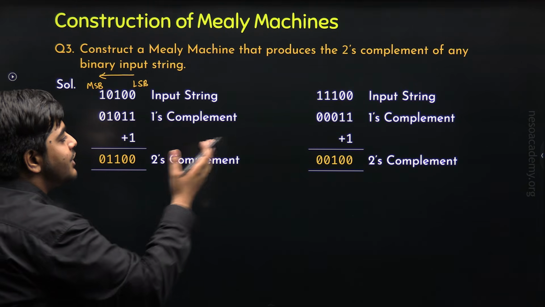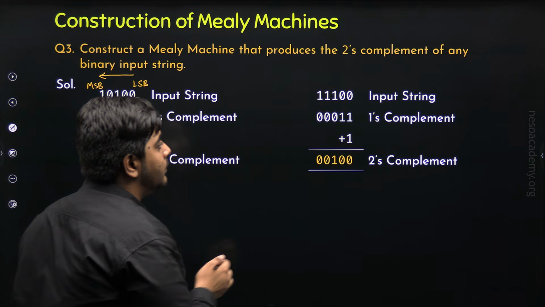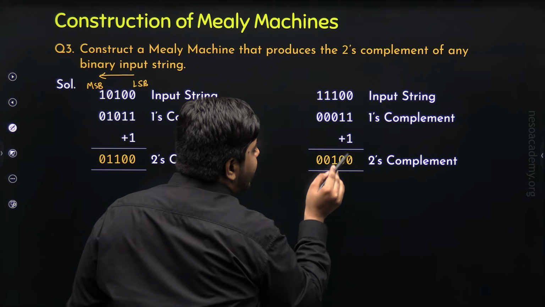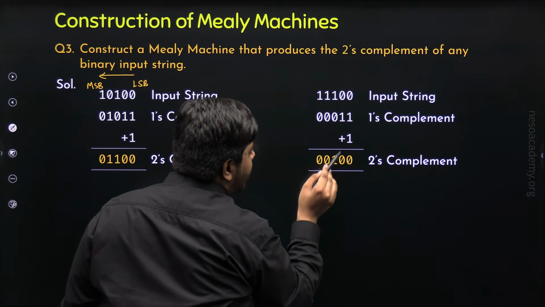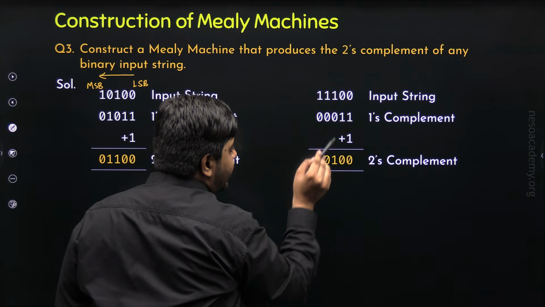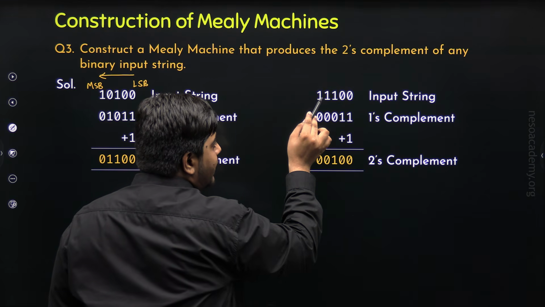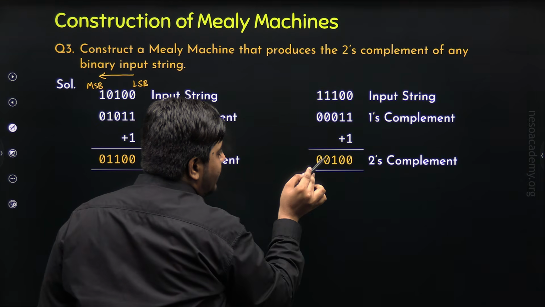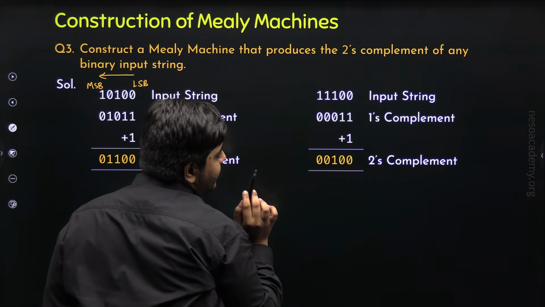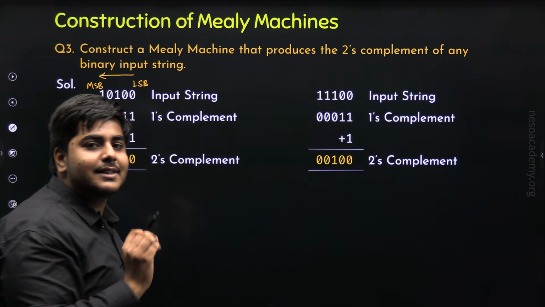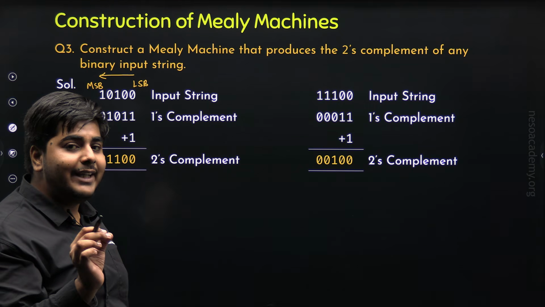Let's verify this logic with the second example also. This 0 is same, this 0 is also same. When the first one comes, it is also same. And after the first one, 1 becomes 0 and this one also becomes 0. That means our logic is correct. So we can write the logic like